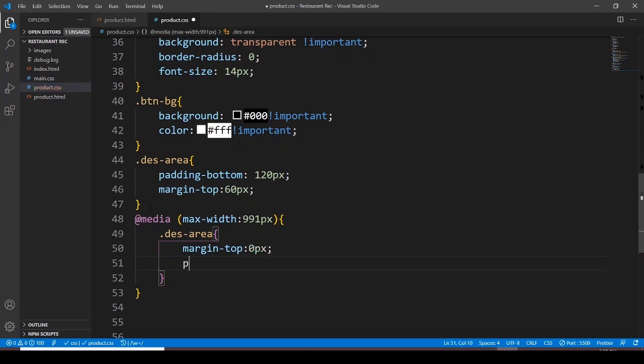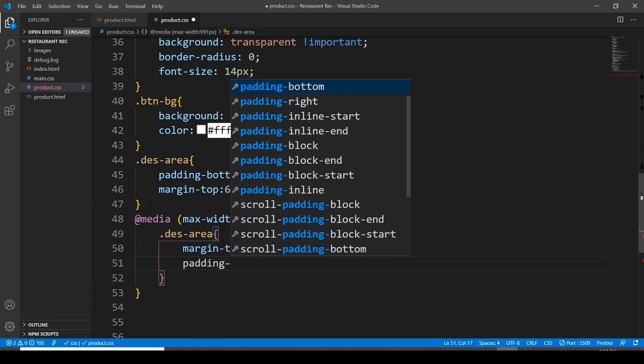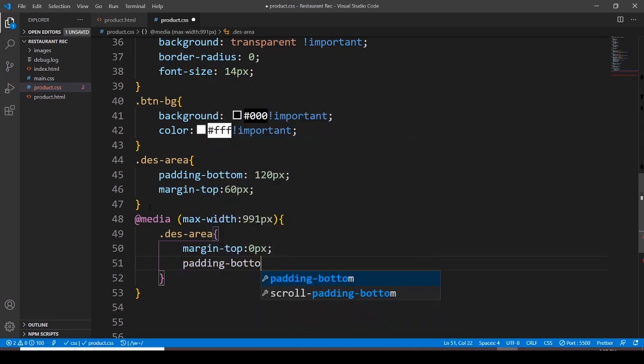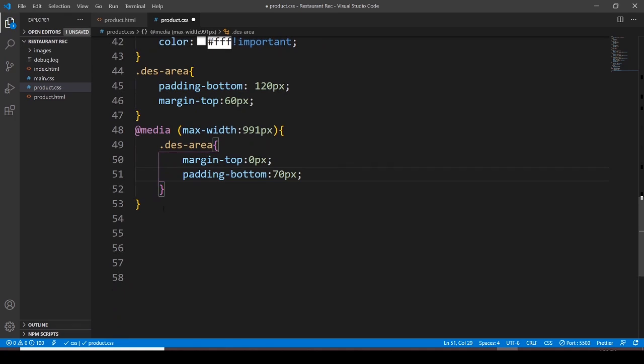And then I want to go with the padding bottom, and the padding bottom is going to be 70 pixels. Let me bring it here. Okay, now again let's have a description area with a nav